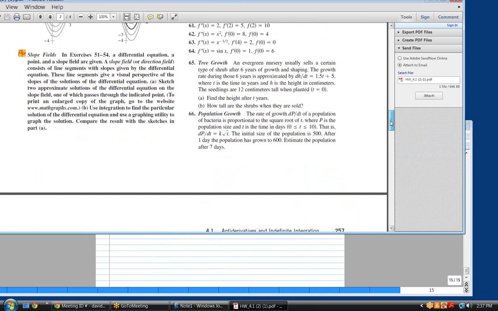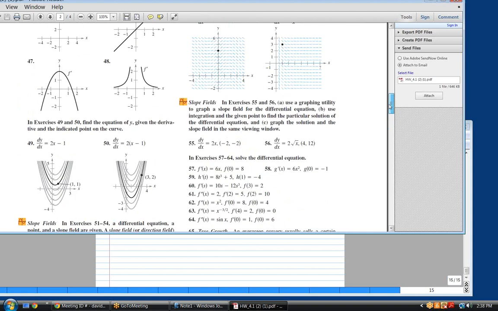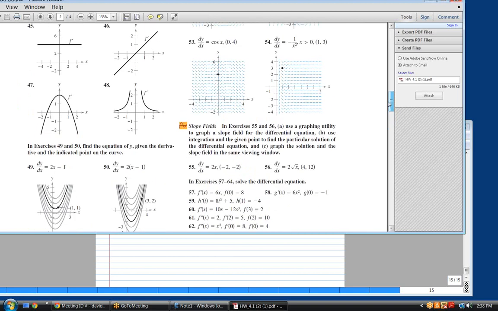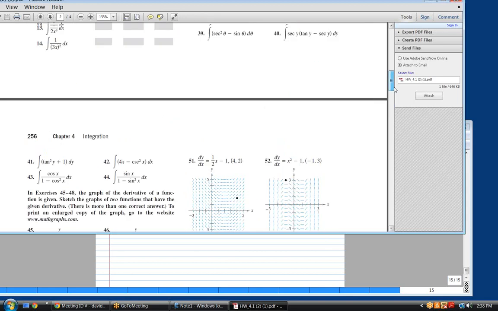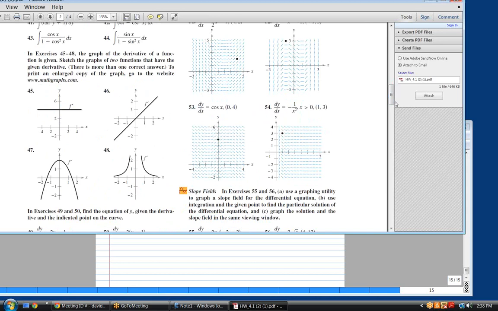Well, slope fields can be a little confusing, but hopefully after the last 4 problems, you got a better idea about them. What they're showing us here is a slope field. The only reason there's a dark line there is because they've expressed an initial condition. In other words, they're saying the slope field we're looking for is this one right here, or this one right here. Well, when you look at slope fields on your calculator, you tend to see them like this. They look more like these lines of